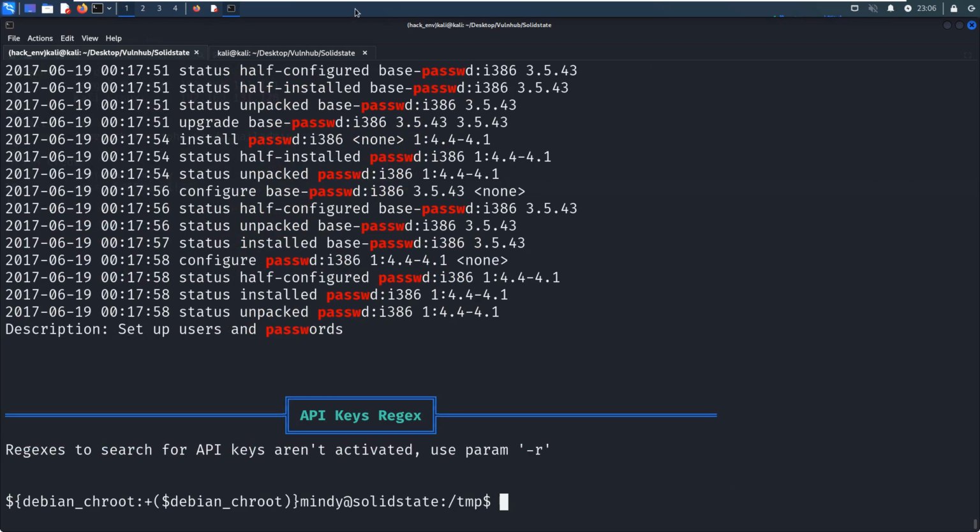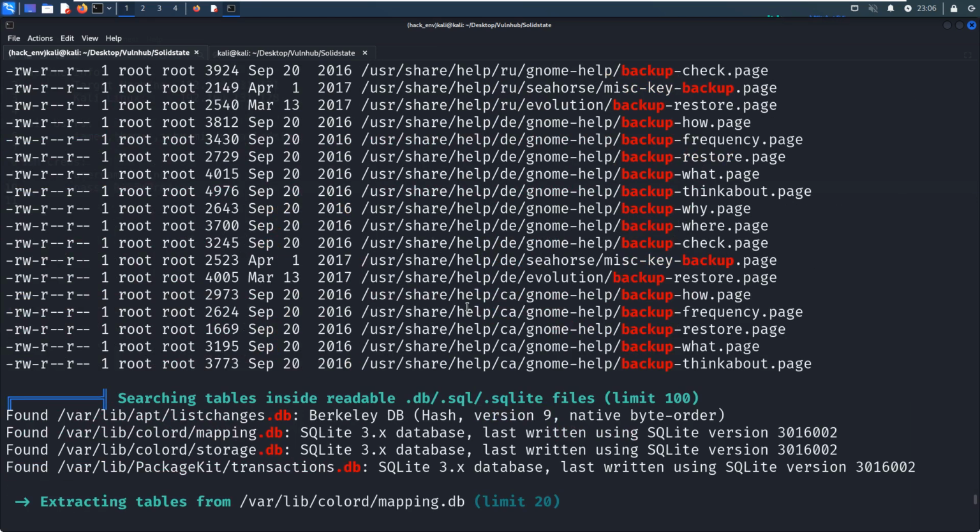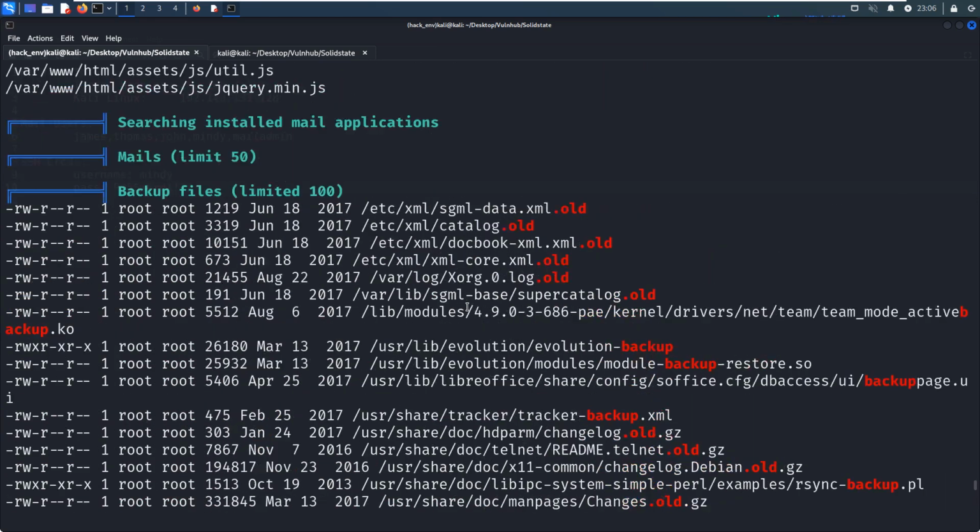It's done, and then we can scroll up to see whether we can find some vectors which allow us to elevate privilege.